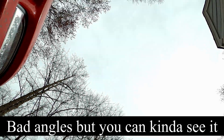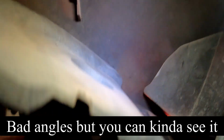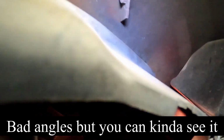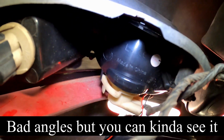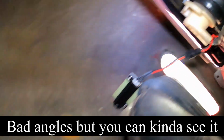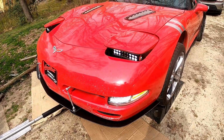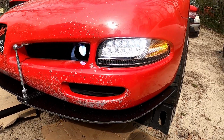Now, up here, there's a little clamp for the spring, and then the spring goes right there on that little chip of the housing. It hooks on there. So it's gonna look like that. Bang, bang. All right. Okay, and